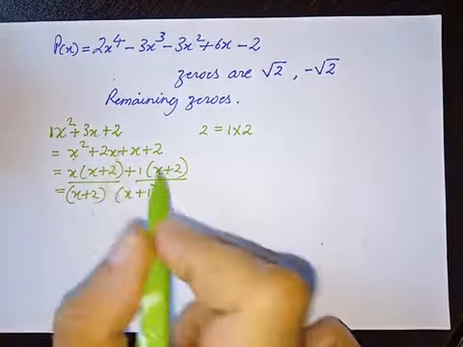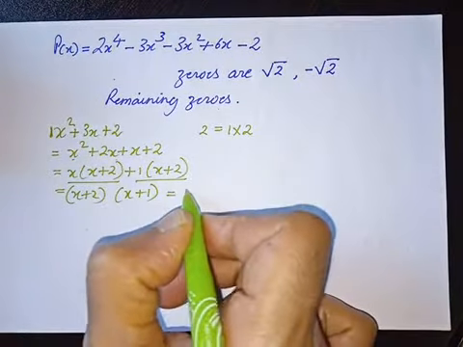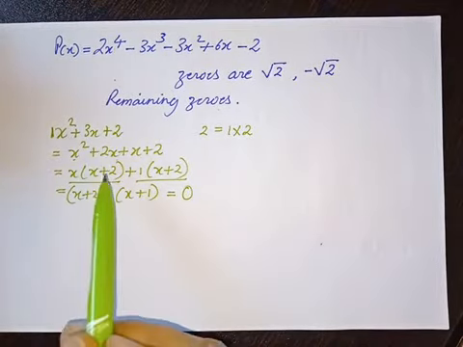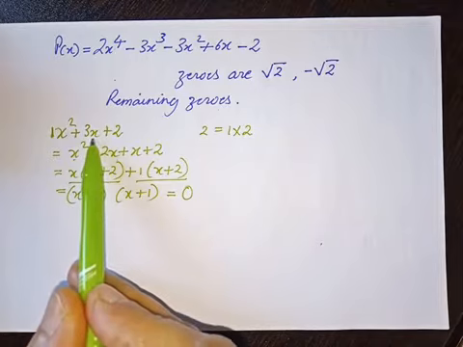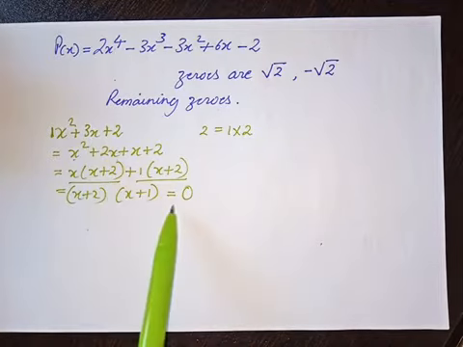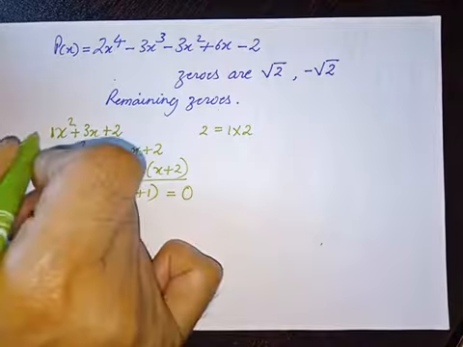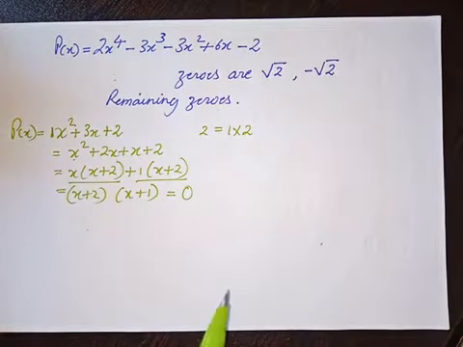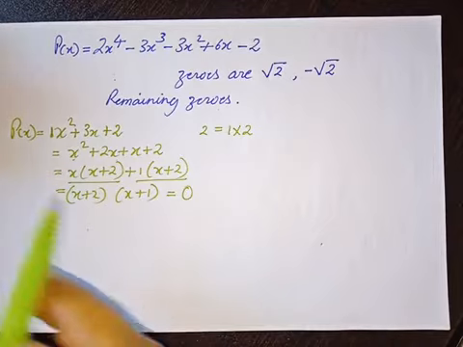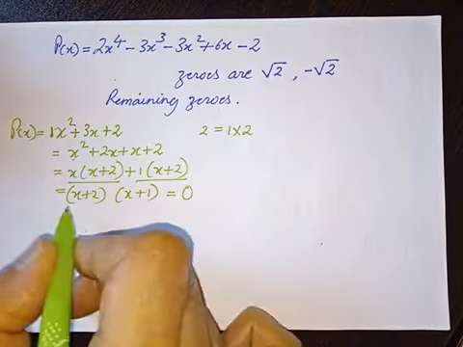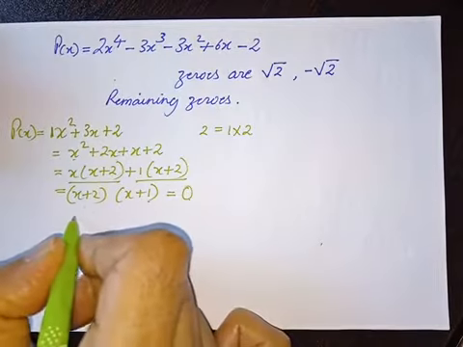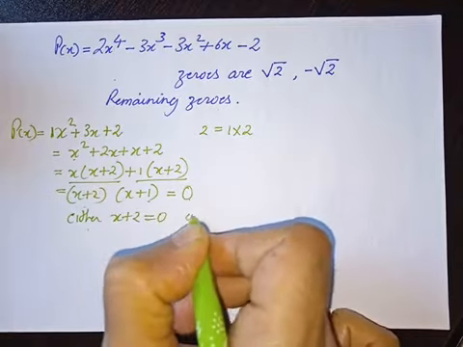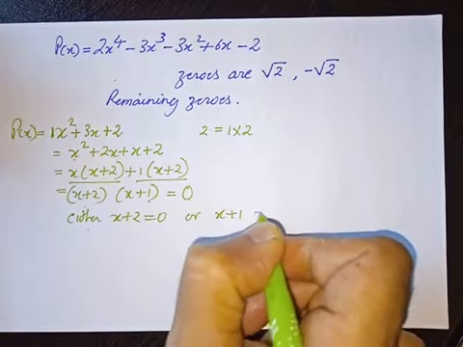Now for finding the zeros of this polynomial, you know that the zero of a polynomial is a value of x which on substituting into the polynomial reduces the polynomial to 0. So let the polynomial be p(x); it becomes 0 if you put the zeros of the polynomial instead of x. So when the product of these two factors is 0, it means either x plus 2 equals 0 or x plus 1 equals 0.